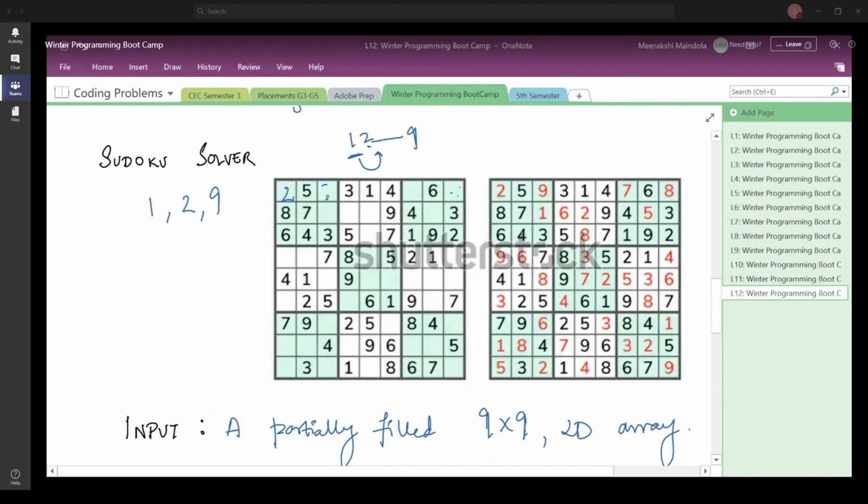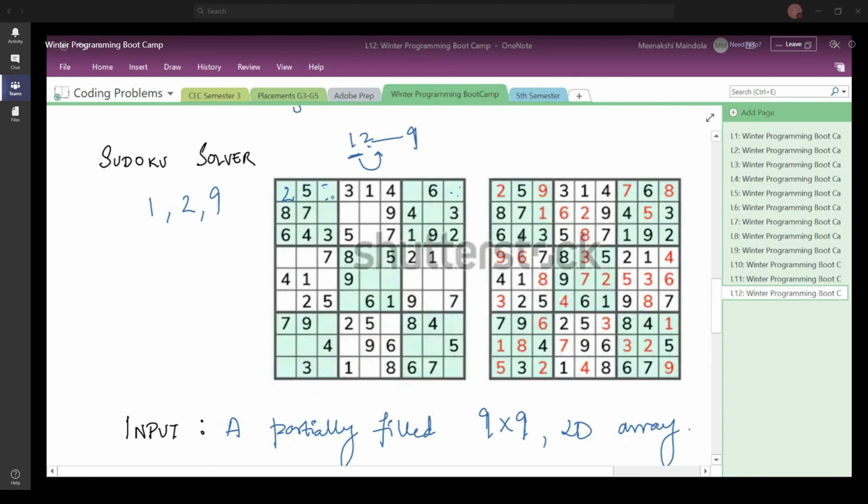Your program is basically dumb. Why? Even though you have, so let us move ahead with this and then let us understand. It says that, okay, I'm going to check for 1 here. Can I fill 1 here? No, I cannot, because it is in the same row. So you simply move to the next iteration, you check for 2. Now, it is you as a human being who knows that I have already filled 2 in the same submatrix. Why should I even check for 2? But no, your program is going to do it, right? Your program is going to check for 2 also.